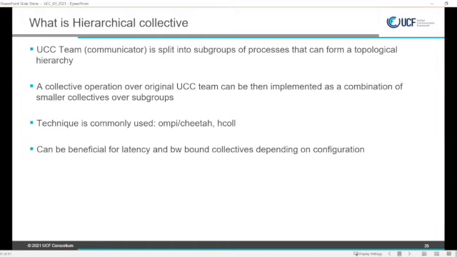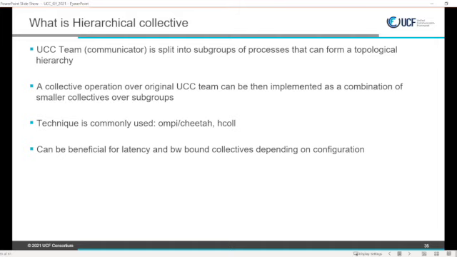In this scope, hierarchical collectives means implementing algorithms by splitting the original group of processes, the communicator, into subgroups, and then expressing your collective in terms of smaller collectives launched on those subgroups. This was done many times in different frameworks, in Mellanox HCOLL library and OpenMPI. There is an implementation right now. Here I will briefly touch upon how we do that in UCC.